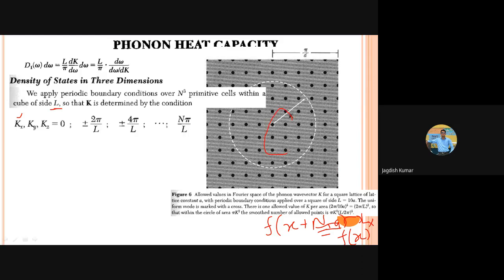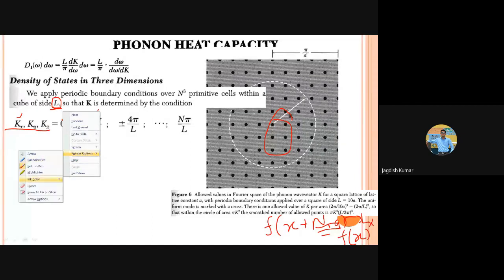so that now our wave vector will be 3D. In the two-dimensional case, k will be a 2D vector, right? In a 3D crystal, the wave vector will be a 3D vector, which will have three components, kx, ky, kz. So the values of kx, ky, kz can vary from 0, then 2 pi by L, the same idea as we have used in the previous case of 1D, then 4 pi by L, and so on. This is nothing but Fourier series applied for a crystal having periodicity L. That is just because of the Born-von Karman boundary condition.